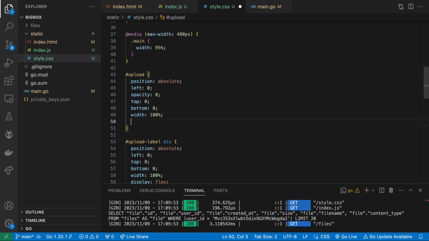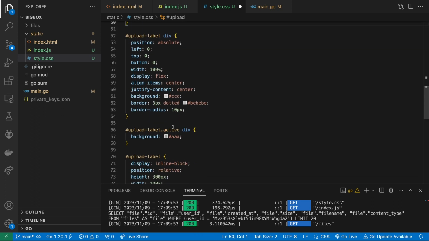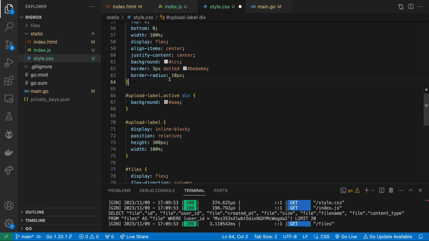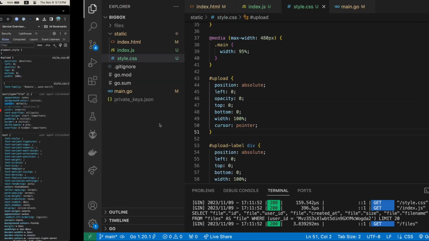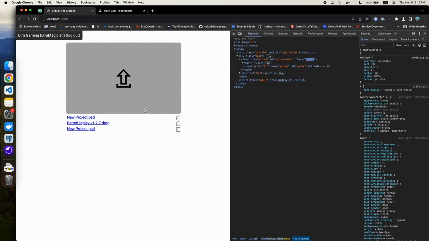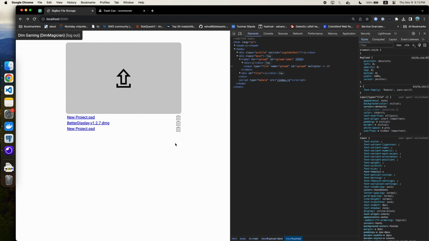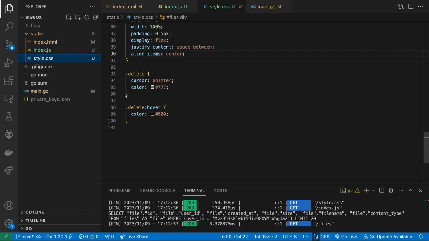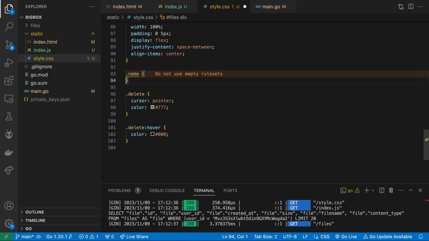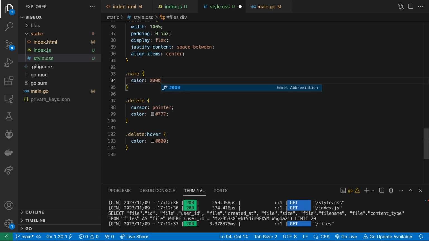First off, I want the file input to be cursor pointer so that it's clear to the user that you can upload files. I'm not sure what exactly happened, but I just ended up adding the cursor pointer to the upload div and that worked. Now let's make sure our trash icons and the text on the left are vertically centered with the align items center. I do want to style these anchor tags because I don't think default anchor tags look very good, so